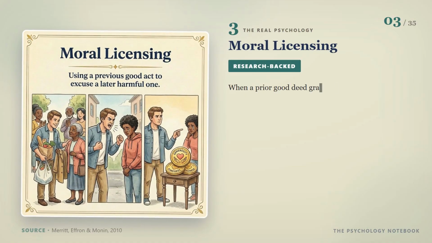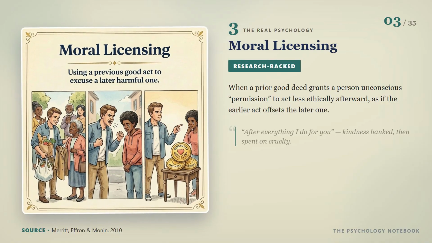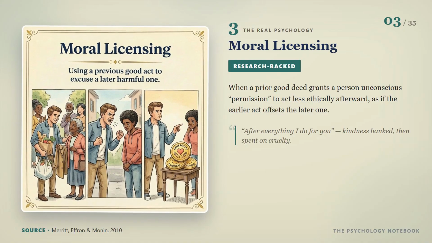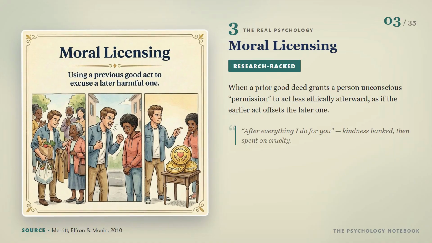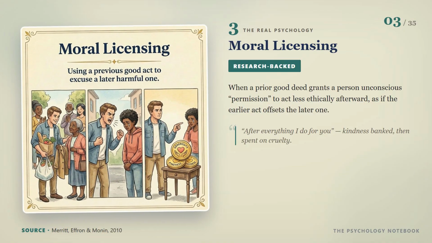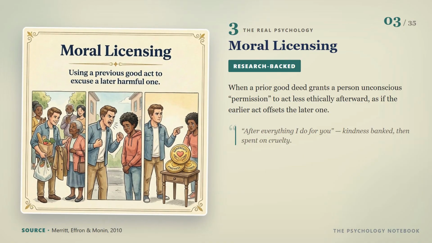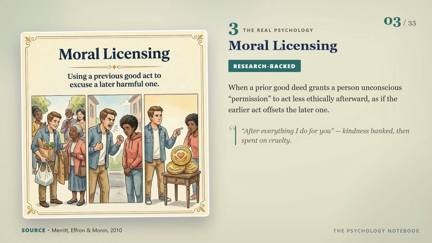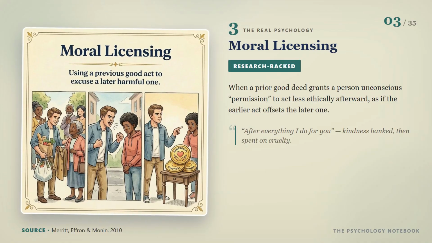3. Moral licensing. Number 3 is moral licensing. This happens when someone treats a previously good action like permission for a later bad one. Let's say they were generous all week, but today they said something cruel. Instead of taking responsibility, they remind you of everything good that they have done. You may hear, "After everything I do for you." The good behavior becomes a kind of credit that they believe that they can spend later.